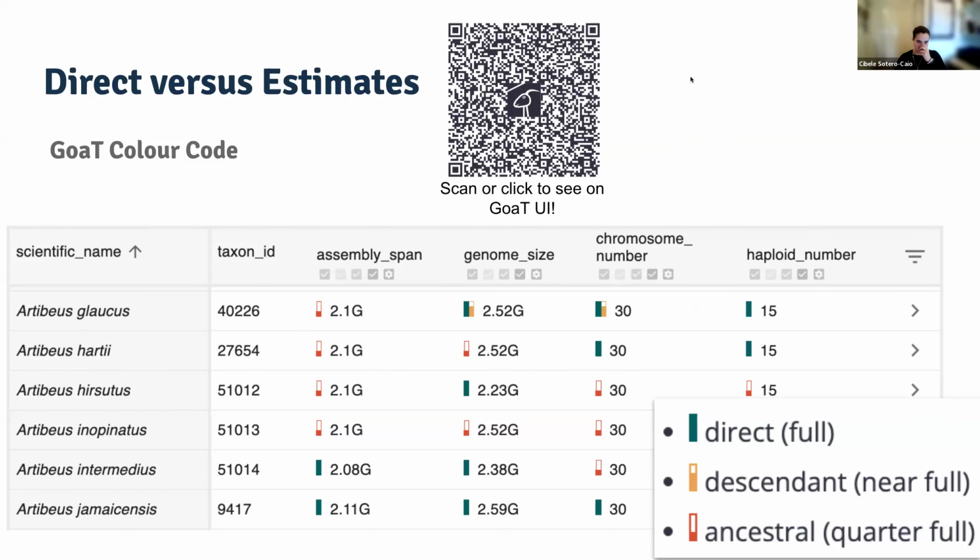And there it is. So if you have the presentation link, you can just click on this. From now on in the presentations, whenever you see a QR code, it's clickable. Most of the tables you can click and it's going to redirect you to GOAT.